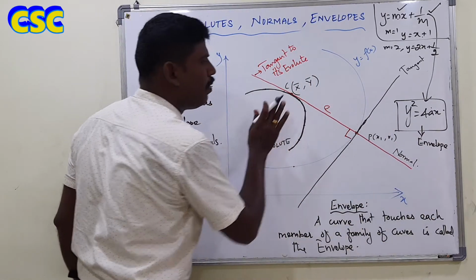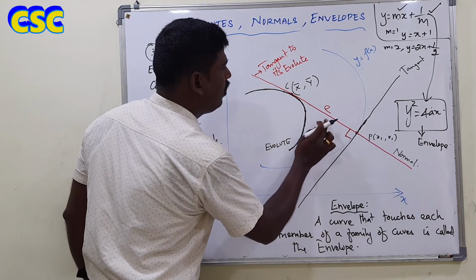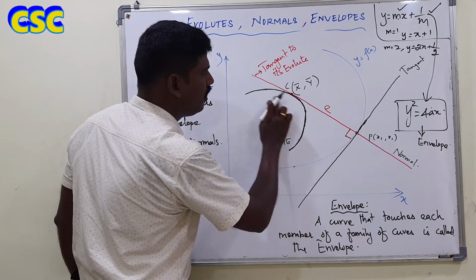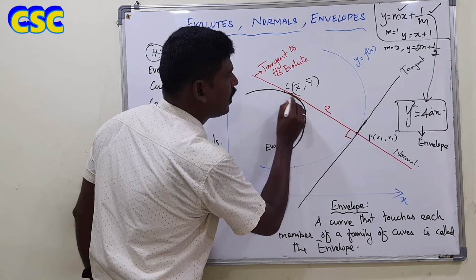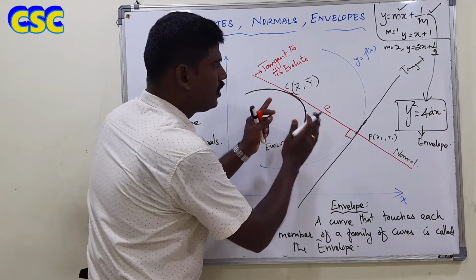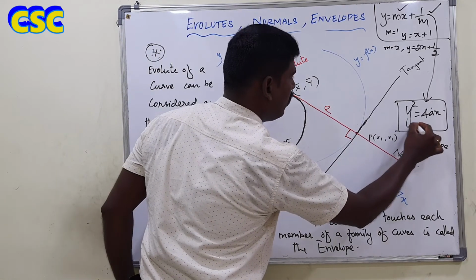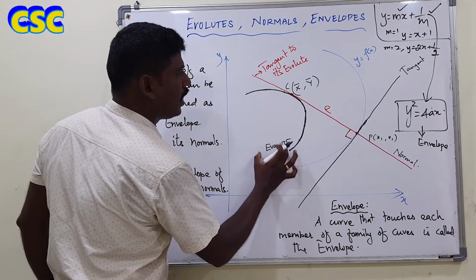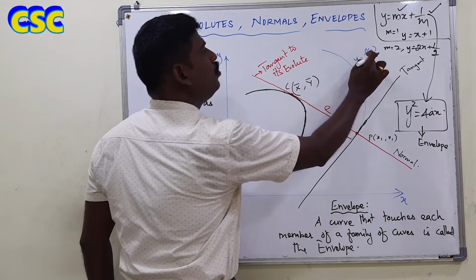Same like that, come to this point. Why do I explain envelope in detail? Because here this evolute is a curve. Evolute is a curve that touches each and every normal to the curve, isn't it? Right? I projected this concept here. Here the evolute can be taken as this. Here this is the evolute, y square is equal to 4x. Consider this y square is equal to 4x as here. This y square is equal to 4x touches all the normals to this curve, isn't it?